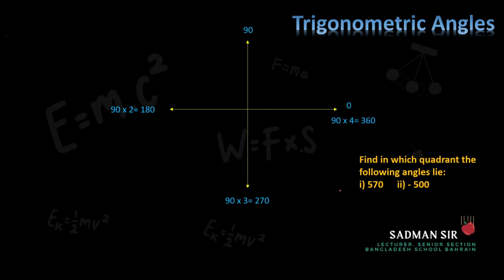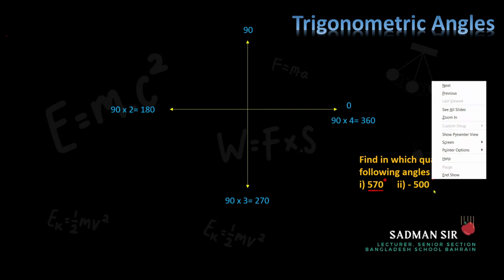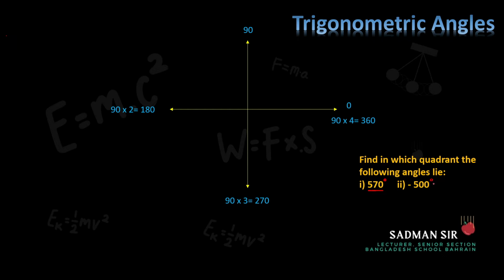In the exams you might be asked to find in which quadrant the following angles lie. So they will give you a particular value for the angles. This is 570 degree and this is minus 500 degree. In our previous video, we got to know that the trigonometric angles can be both positive and negative. So now based on this information, we need to find out these angles, where the terminal ray will